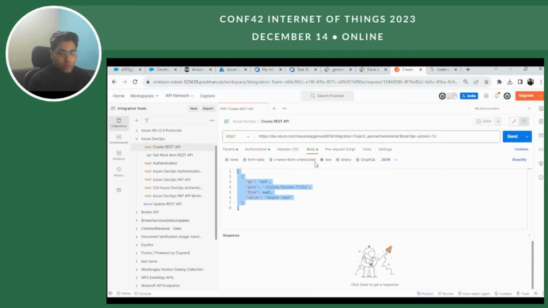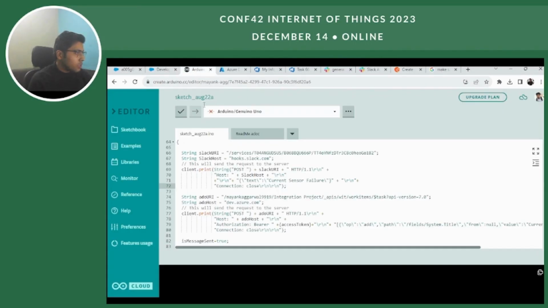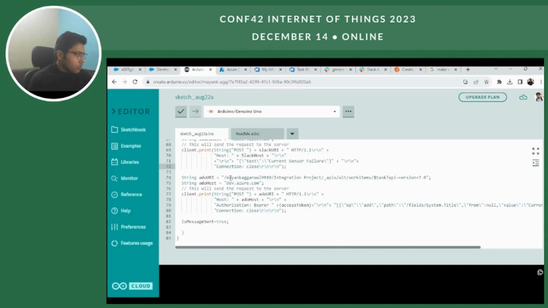This is the Postman I'm showing this in. Let me just show you in the code. This is the ADO URI which I have added over here. This is the host base URL which we need to provide, dev.azure.com.